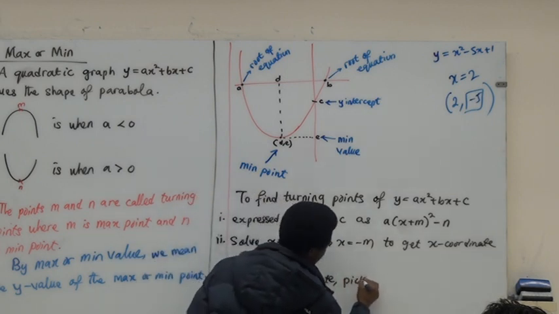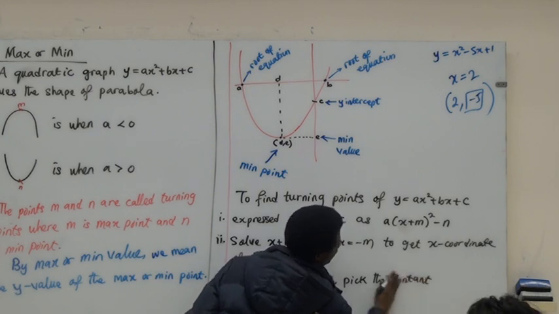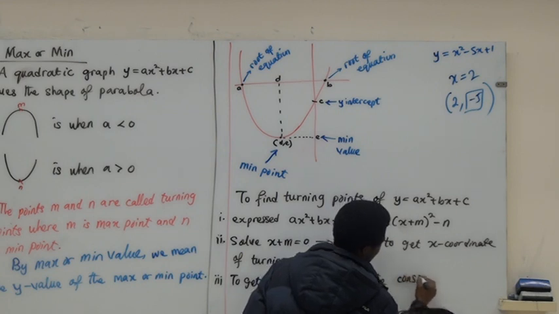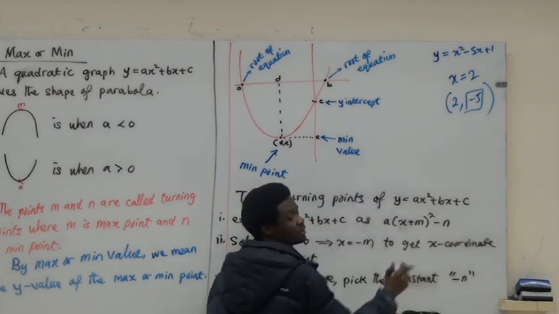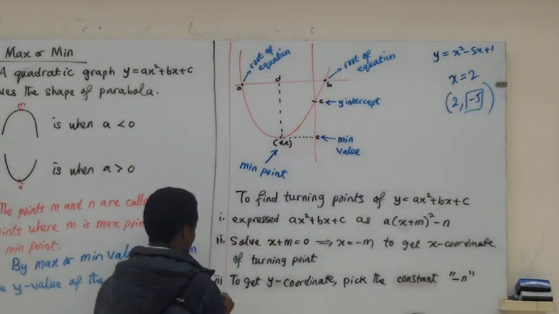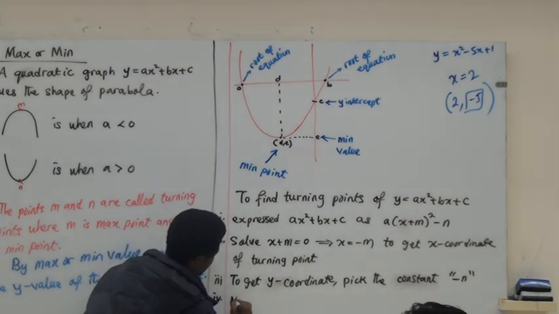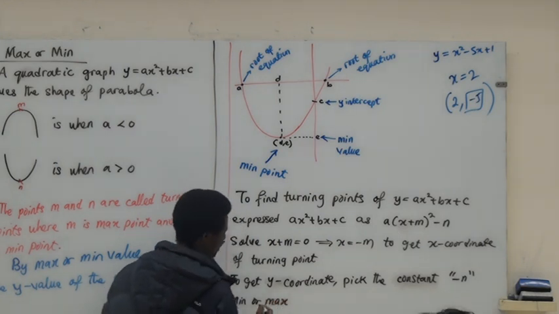Pick the constants. What is wrong with my spelling? Pick the constants. In this case, the constant is what? Negative n, right? Okay? So once you pick the constants, your minimum or maximum points, depending on which one, minimum,